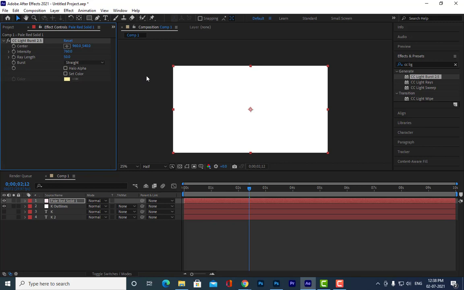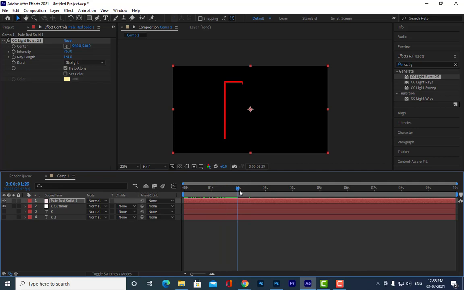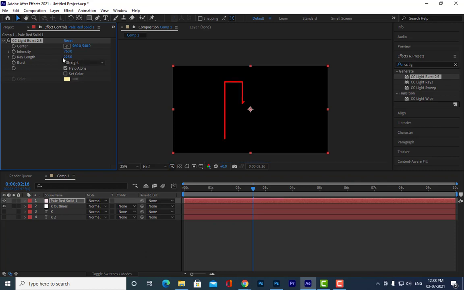See, actually we are not getting anything here because light burst will apply to what? Apply to something that has different colors. So it has only plain colors here.